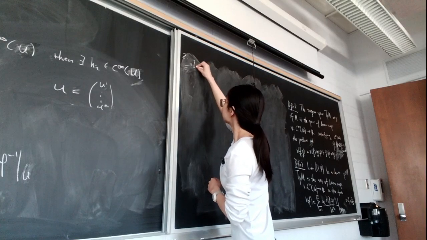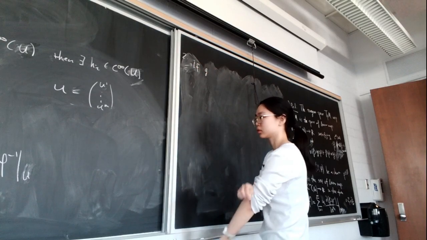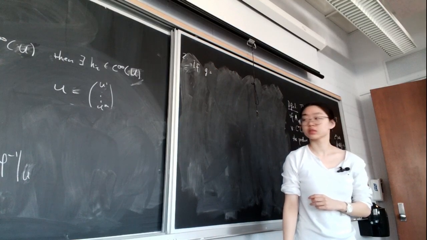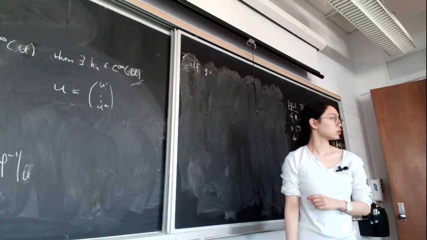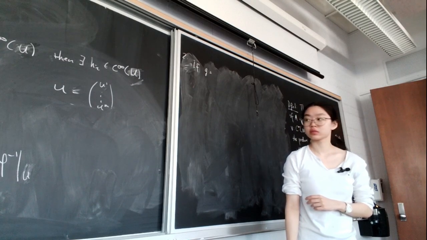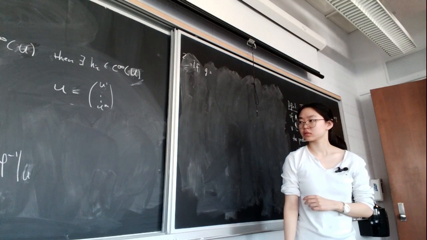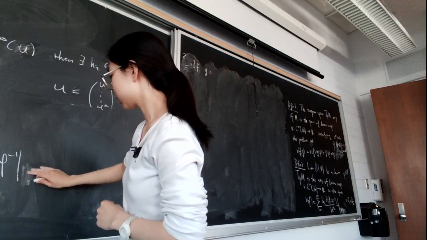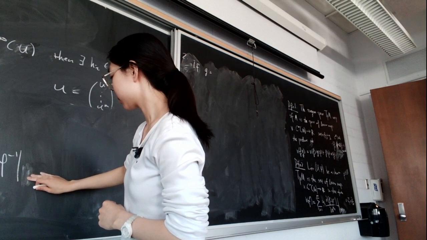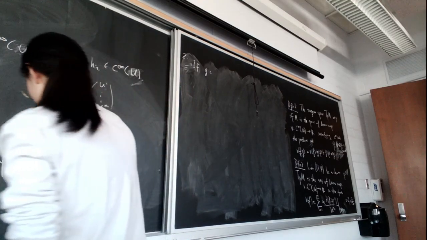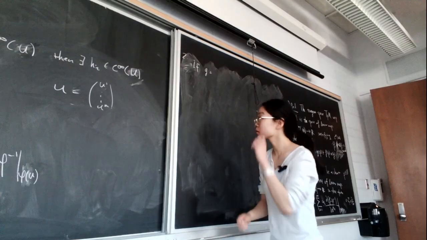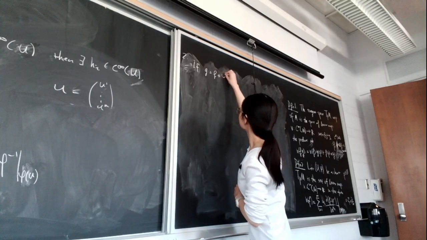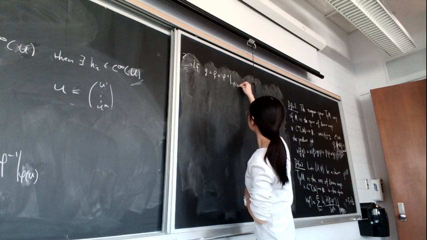Phi inverse is defined on phi of U, not U. If G is equal to F composed with phi inverse on phi of U, then basically by step 1,